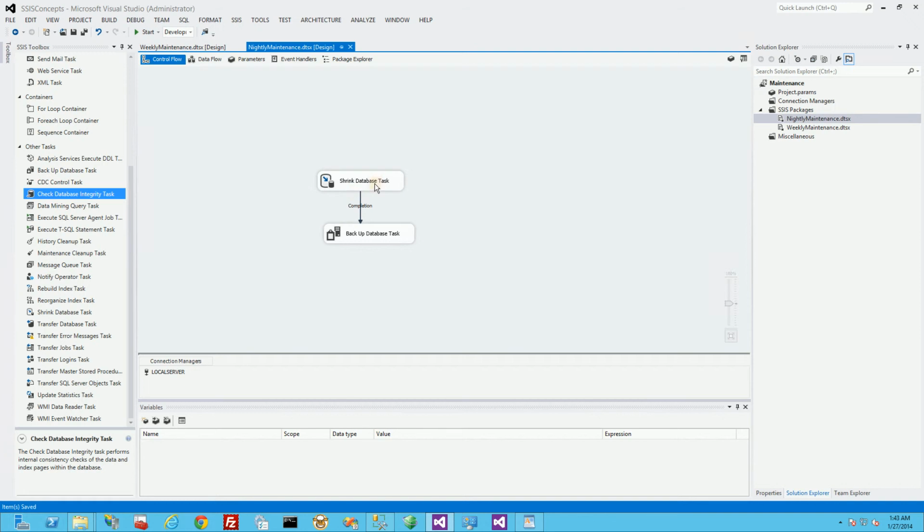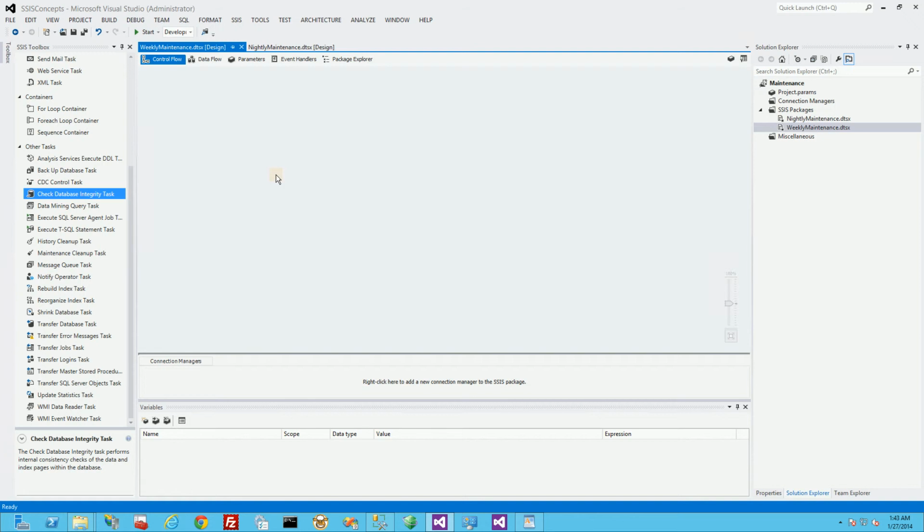Even shrink database could probably be a weekly task, but overall it really depends on your environment. You have to know your environment and get certain statistics on disk usage and how many new rows are inserted in the database, and really know your data and your production environment to know when certain jobs should be scheduled. But I really want to go over the steps on how to do it in SSIS and show you how easy it really is, and there's really no excuse not to have these in some periodic form